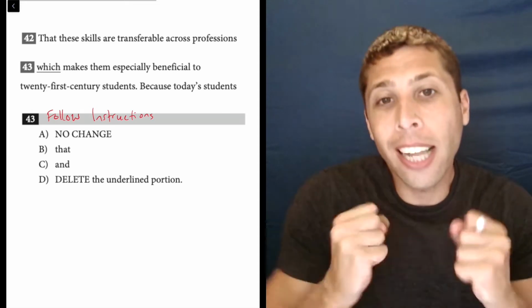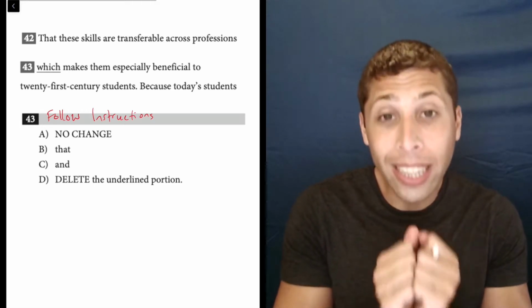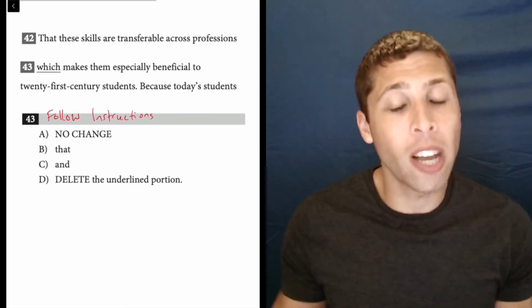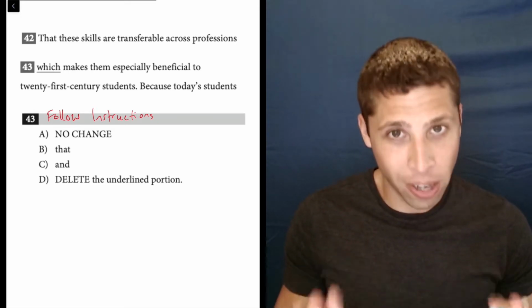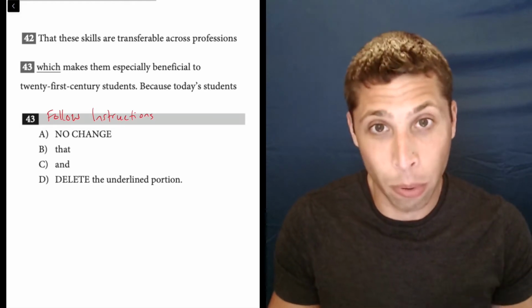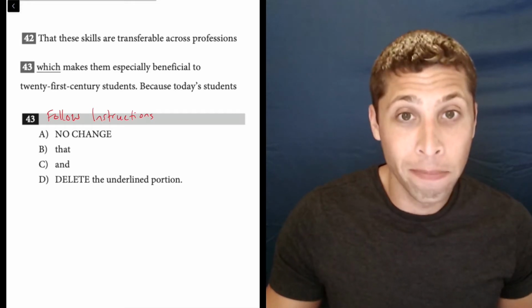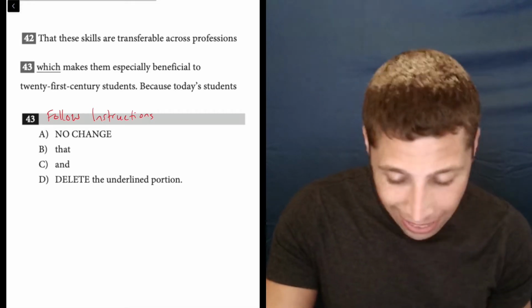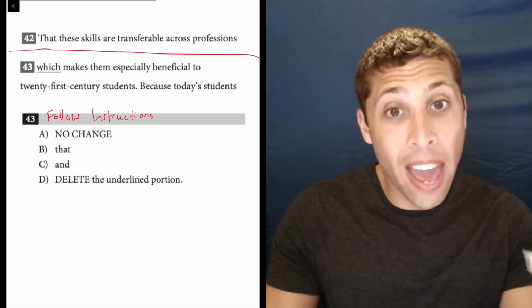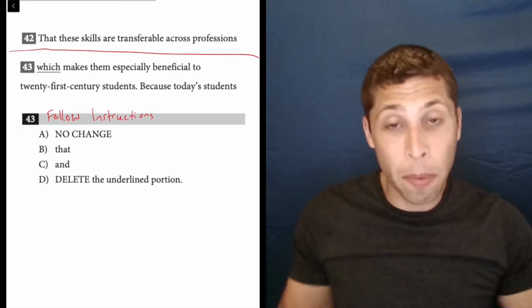But the implied instruction for every writing question is to at least read the complete sentence that includes the underlined portion. Let me stress that. The complete sentence that includes the underlined portion, not just the words around the underlined portion, the whole thing. And the reason that's so important here is that this gap, at least for my version of the test, was a page break. They literally just cut this sentence off and you had to flip the page to see the